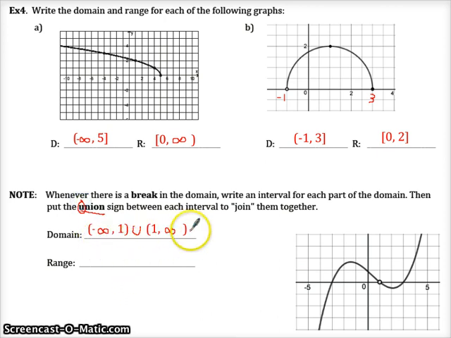Whenever you have multiple intervals you want to string together, we're going to string them together with union, which also means or. So it's like saying x could be in here or x can be in that. Because it's an or, it's like accumulating these intervals into one large superset that we're talking about. So we're going to want to use the union symbol, not the intersection symbol. Intersection symbol means it has to be in both. That doesn't make sense here. All right, and then the range here